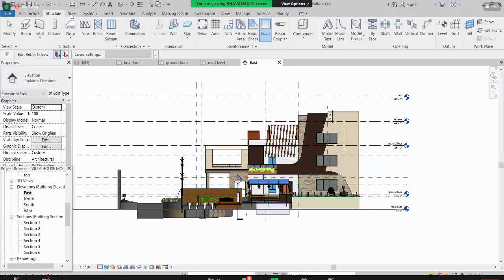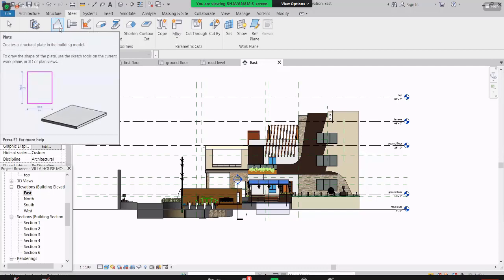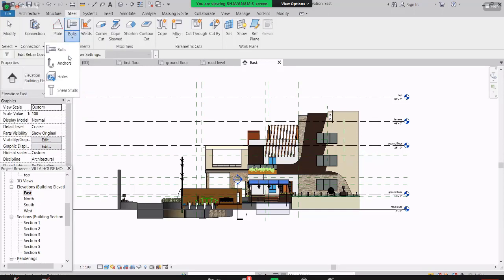And come to the steel structure. Okay guys, here is the steel structure. If you want to make any connection, you can make it, and this is a plate. In the steel structure we call it a grating. A grating means whenever we make a slab on the steel structure, we call it a grating, and that steel will be 5 thick. Okay, bolts. Different types of bolts will be here: normal bolts and anchor bolts, holes with bolt holes, and shear stud. Okay, and welding also.